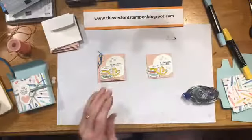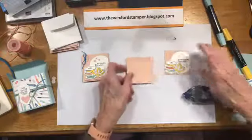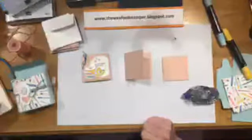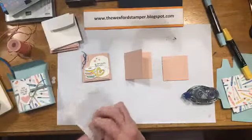Okay, now we're almost through already. We're going to go back to our card base, our 3x3 card, and we're going to turn our card front over that we just finished, and we're going to get a few more dimensionals, and we're going to go ahead